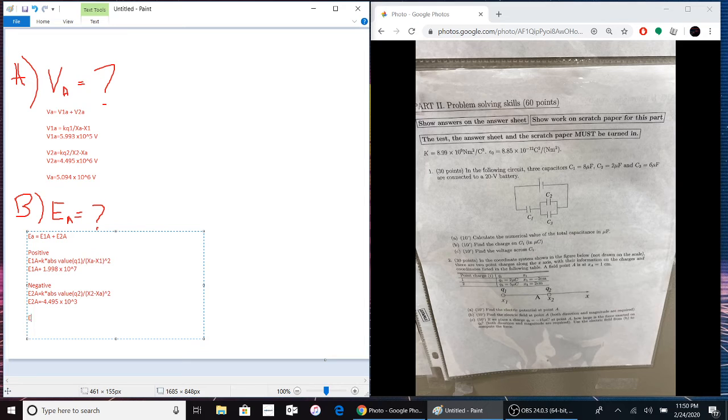So EA is going to be E1A adding, because we're going to add these two total. But what we have is a negative for our E2A, so a negative E2A. EA then comes out to negative 4.295 times 10 to the 8th